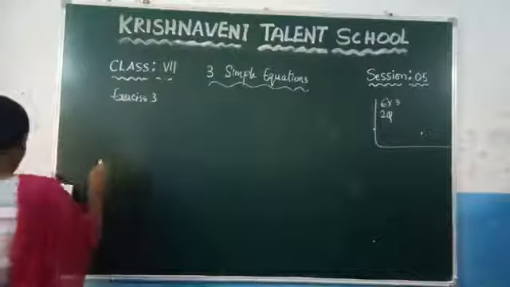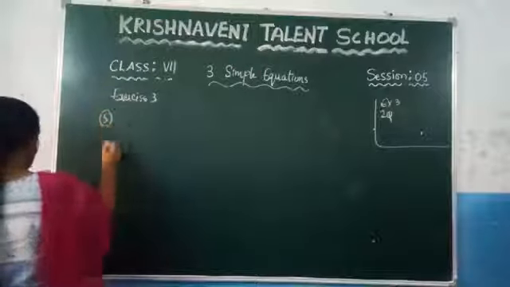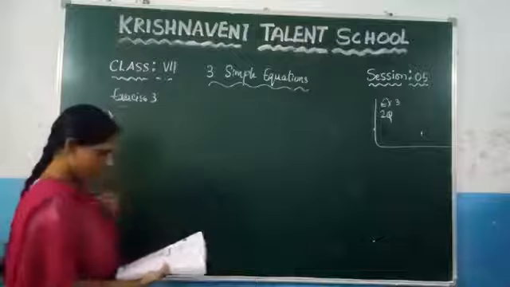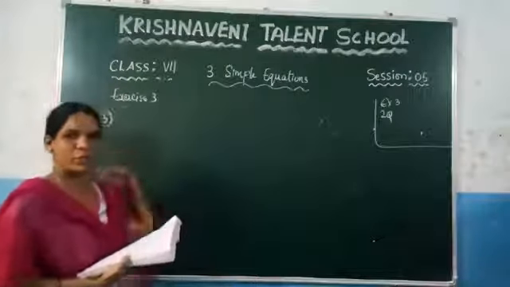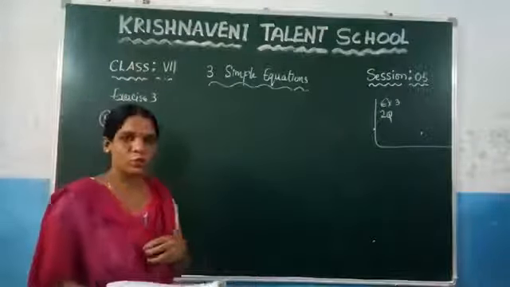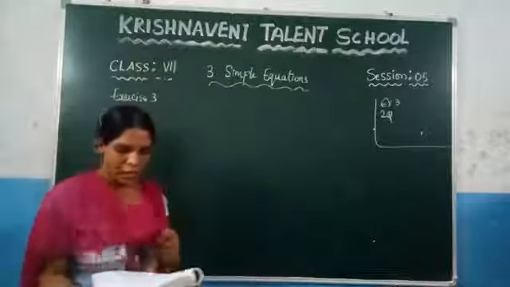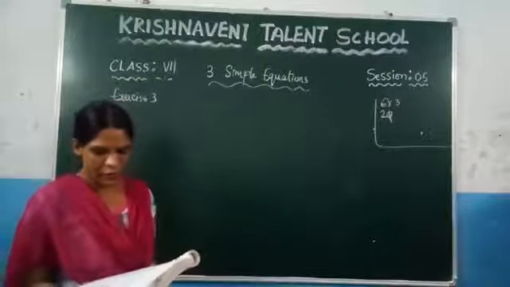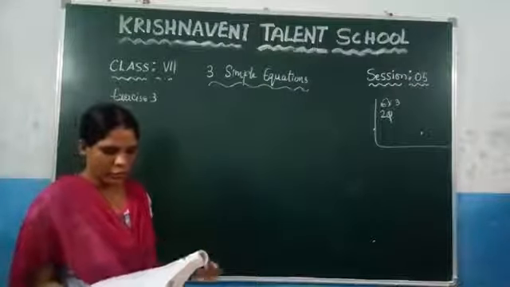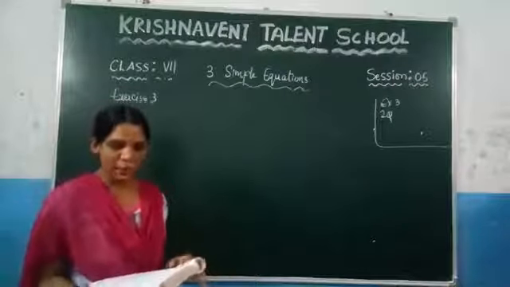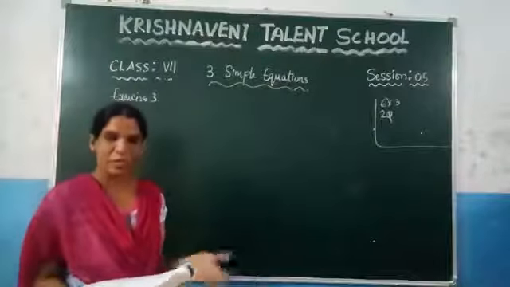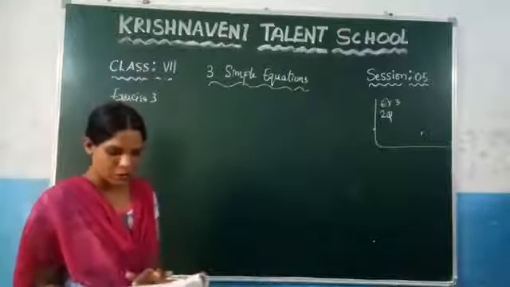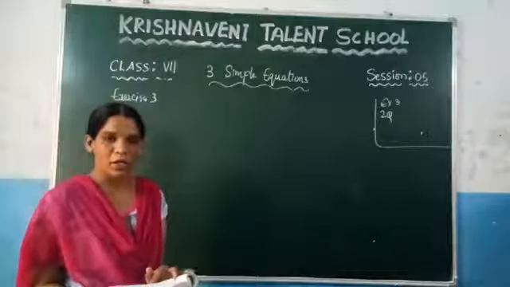Here is the fifth question. Find the number which, when multiplied by 7, then reduced by 3. What is the meaning of reduce? Decrease. That means you need to subtract. Reduce, decrease, this is nothing but subtraction. And reduce it by 3 is equal to 53. You need to find the number such that when you multiply that number x by 7 and reduce it by 3, you get the answer 53. Based on that, you need to find that number.